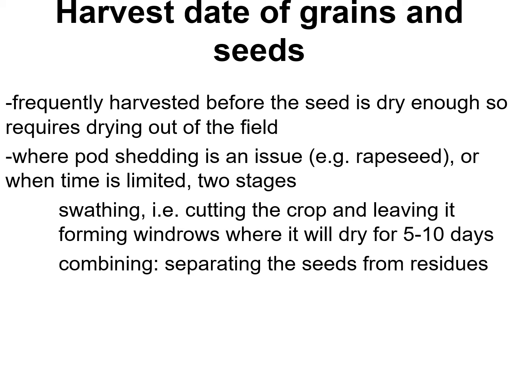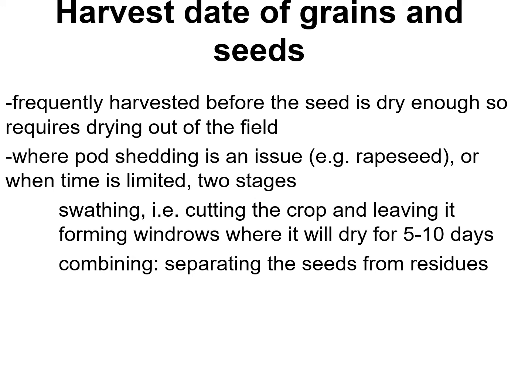The harvest date of grains and seeds should therefore guarantee seed dry enough. However, if we wait too long, the losses will increase. Therefore, there is a compromise between trying to get dry seeds and also having moderate seed losses before harvest. In many cases, that implies that we will harvest before it is dry enough, and then we will perform drying out of the field. In the case of crops where pod shedding is an important issue, and that occurs, for instance, in rapeseed, and where time is limited for harvesting,